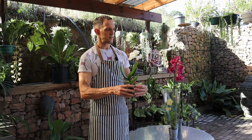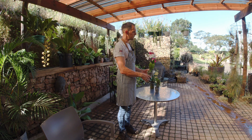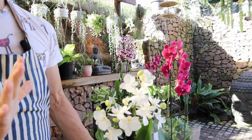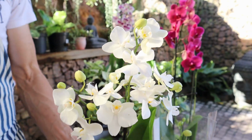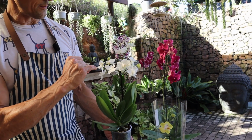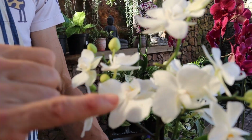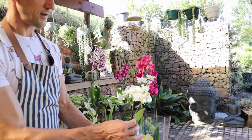One of the easy ways, especially to know if the blooms are going to last, is by looking to see if we can catch fairy glisten off the petals. Then you know your flowers are still fresh. We check that there's still buds that are opening. We check not too many of the buds have started falling off. What we don't want is little black spots. I would generally try and avoid plants with broken leaves,